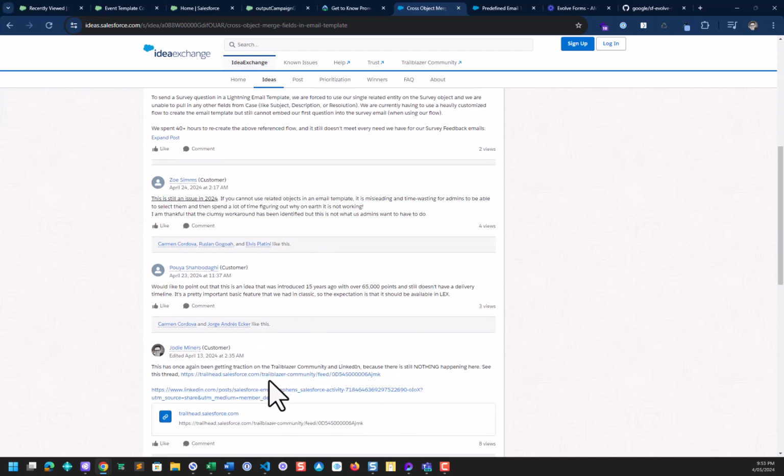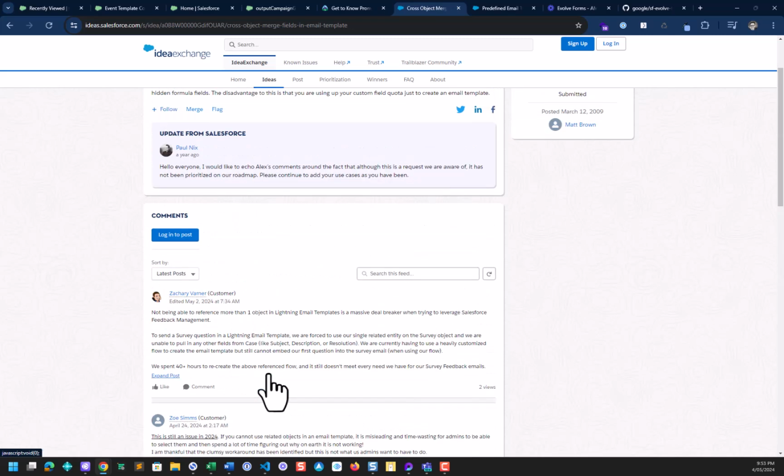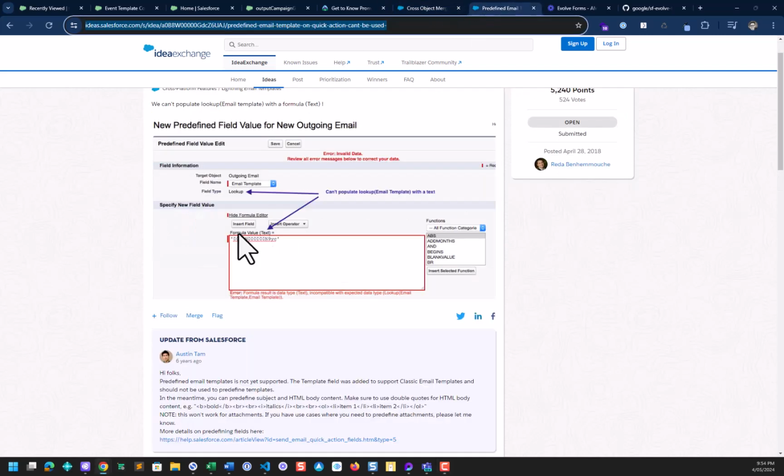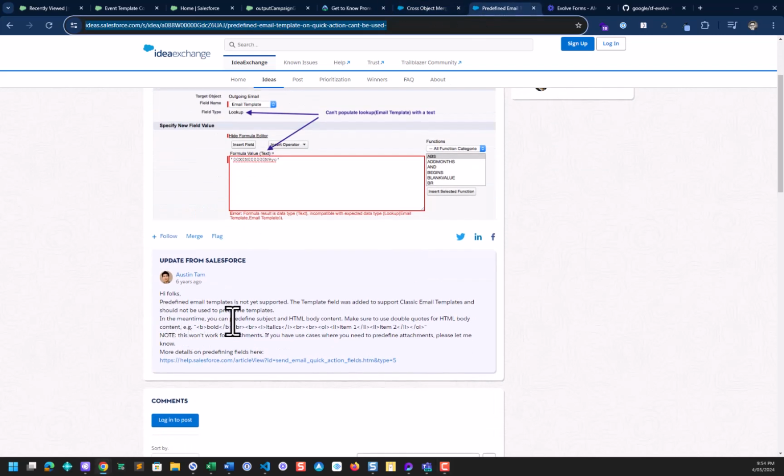And I really urge you to look at this really long thread that's been going for well over a year to see some more details about that. So what you can do is what Austin has said here. In the meantime, you can